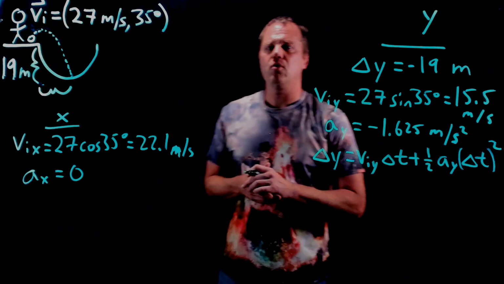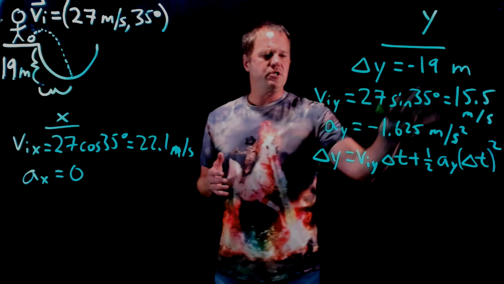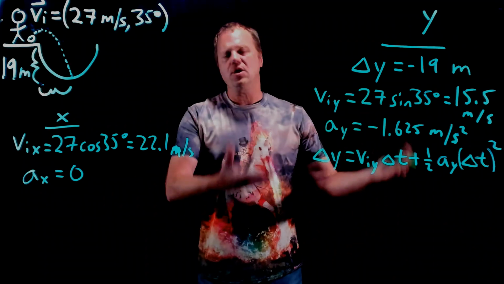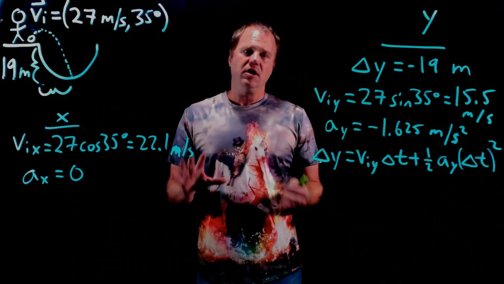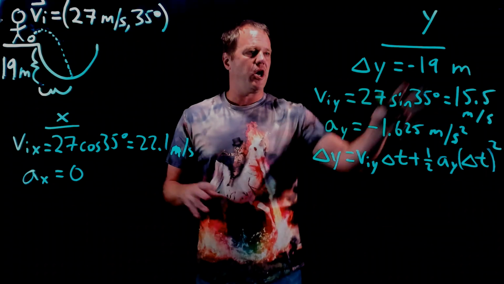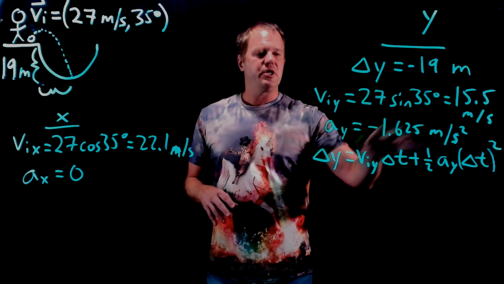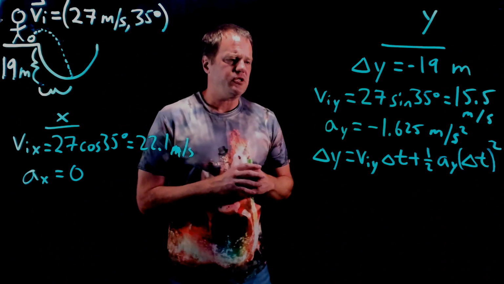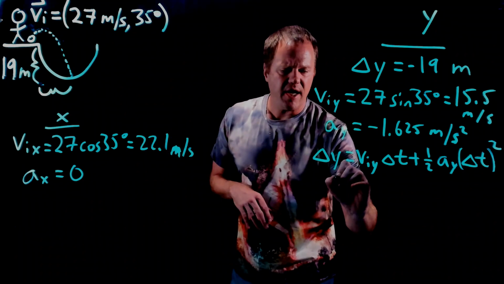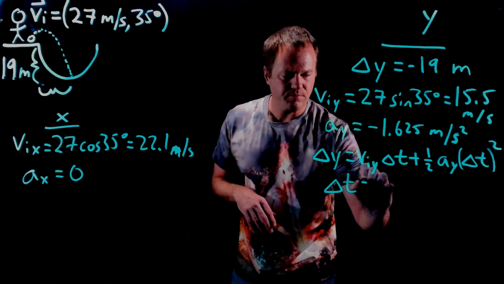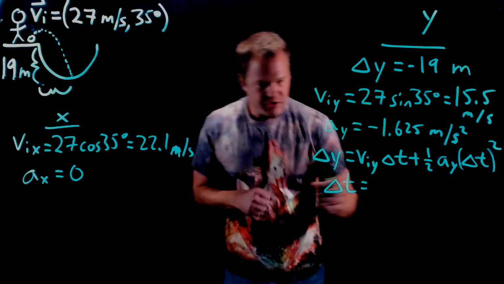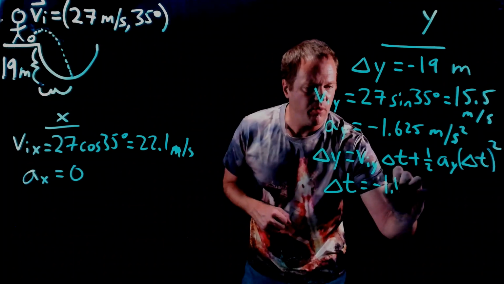Okay, that equation has the three knowns plus the unknown time interval. And so that's actually a quadratic. The math is a little bit tedious, so I'm going to skip over that part. But if you plug in these three numbers and then have your calculator do a quadratic solver or use the quadratic formula, your calculator will tell you that the time, typically quadratics have two roots, so it gives you minus 1.15